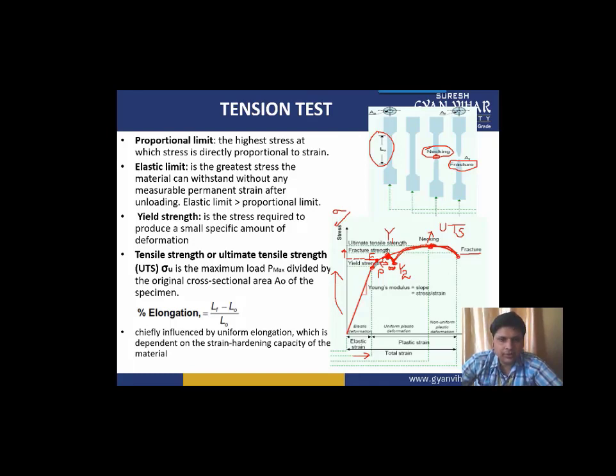The upper yield point is the top point of that yielding portion, and the lower yield point is the dip which you are getting. The dip shows that you are not increasing the load, you are just decreasing the load, even then there is some strain, meaning there is some increase in length. And after y2, when you again increase the load, there is again an increase of strain. This will happen to a certain maximum extent, and that is known as ultimate tensile strength. After this, the material will finally break into 2 pieces, and that is the fracture point. I hope you have understood this.